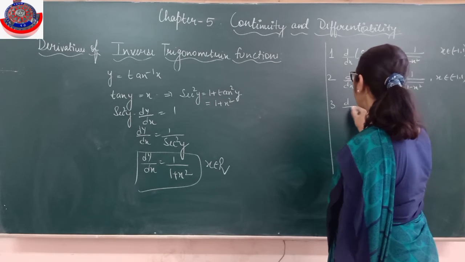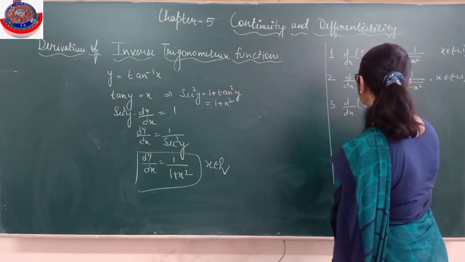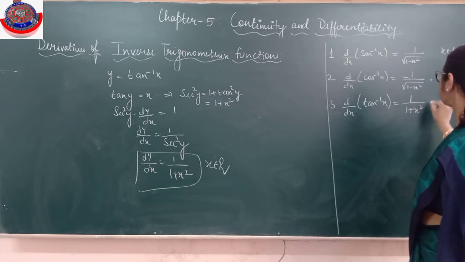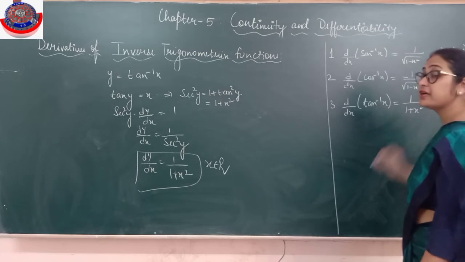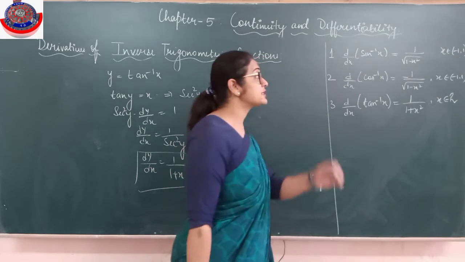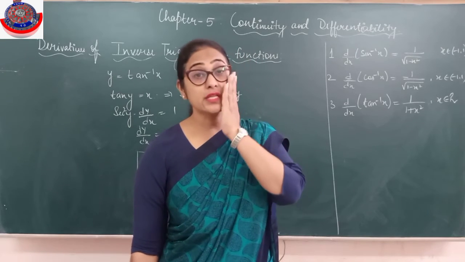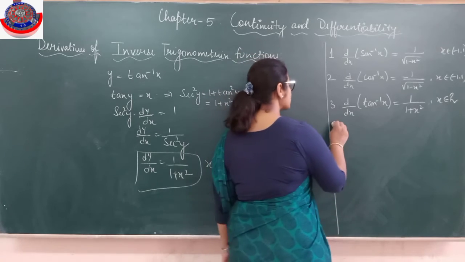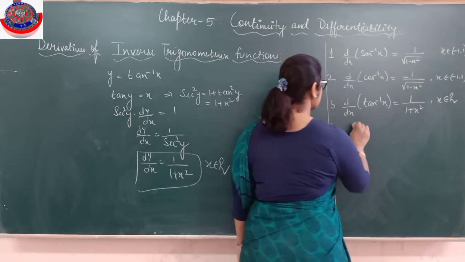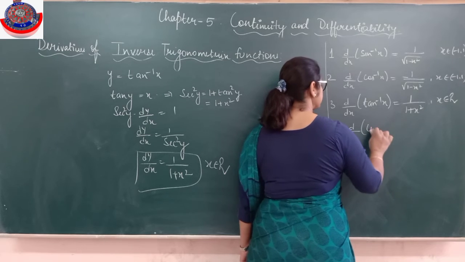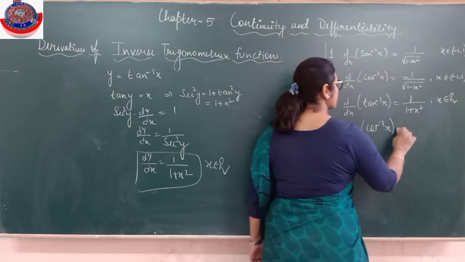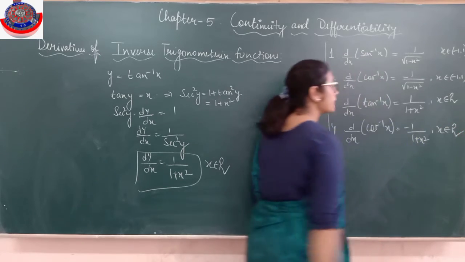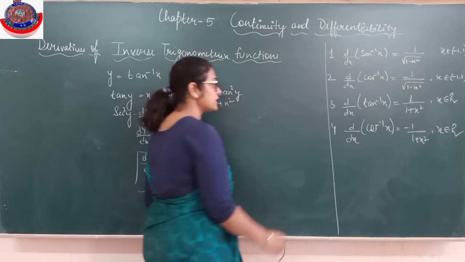So we got one more. Similarly, we get cot. If you can see the relation, sine inverse x and cos inverse x are the same, but with a negative sign. Sine inverse is with positive, cos inverse is with negative. Same as tan and cot have a relation, secant and cosecant also have a relation.